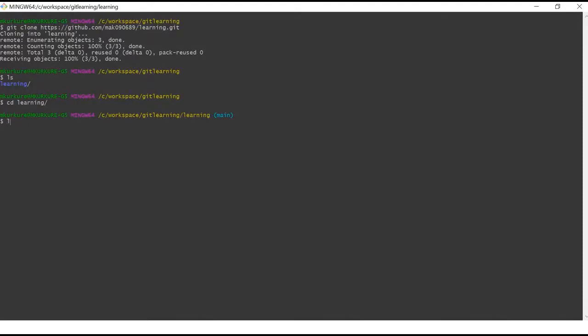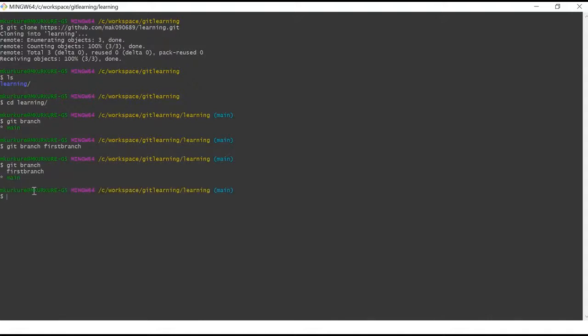If you want to see all the branches, then you can write a command like git branch. It will list all the branches, and the branch which you are working on, it will list in green. So let's try to create one branch here. We can create a branch by using the git branch command and the branch name. Let's say I'm giving the name first branch to my branch. I will just hit enter. Now let's see if the branch is created by using git branch. Right, so my branch is created. I now have two branches, main and first branch.